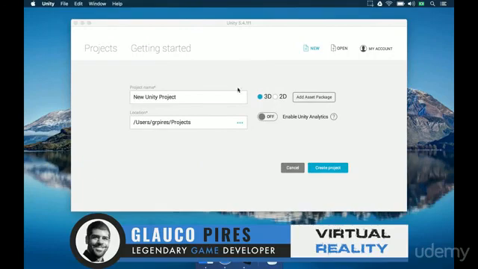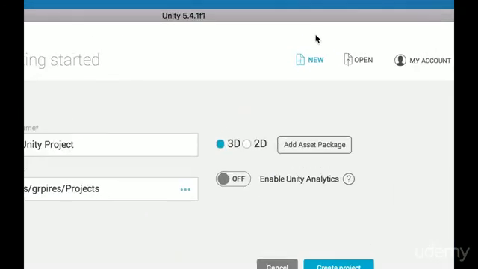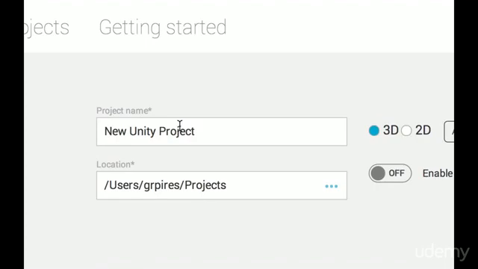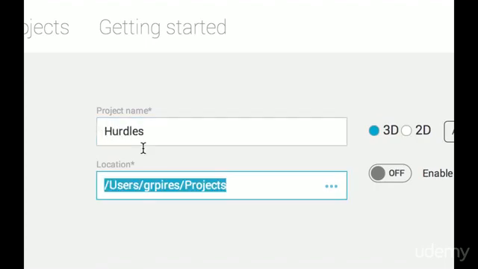Let's start. Once we open Unity, we have to create a new project for our Heroes game. So we're going to the top right of the editor, we're going to click on this New button, and we now have to set the project name and its location. So the name is going to be Heroes, and the location is going to be a projects folder right under